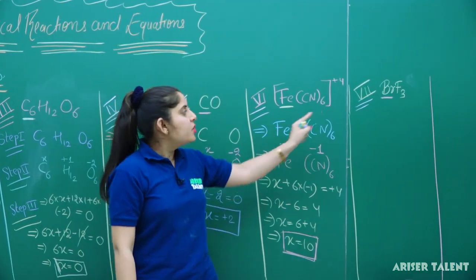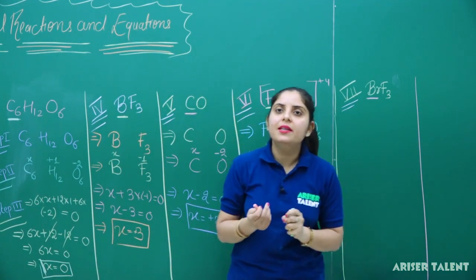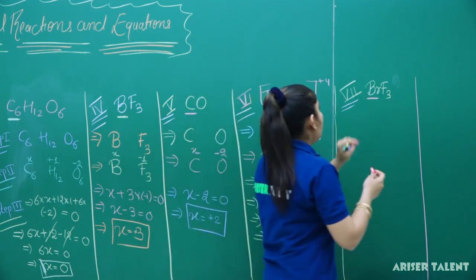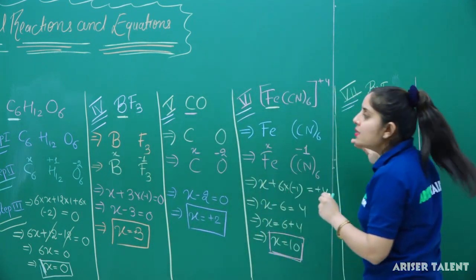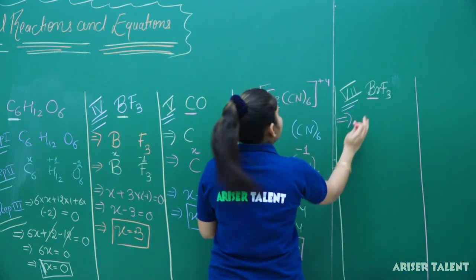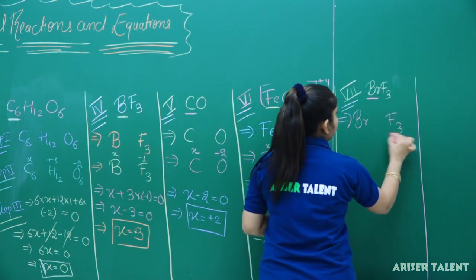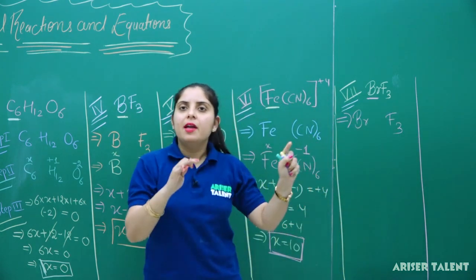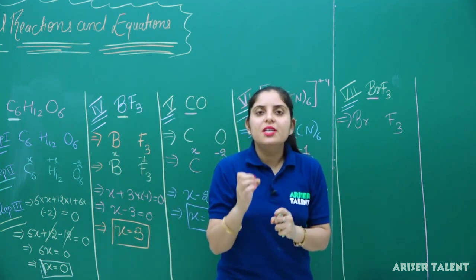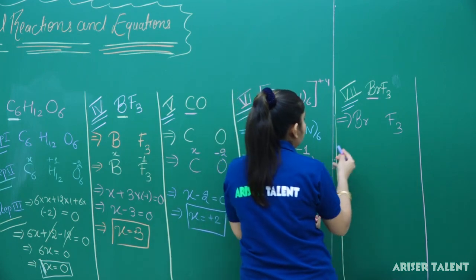Now we are proceeding to our next component, that is BrF3. BrF3 is basically bromine fluoride. Now in this case we will follow similar steps. Our step number 1 is to write the individual elements. As we have written Br and F3, now we will write the oxidation state of the known element. So what I am doing here is